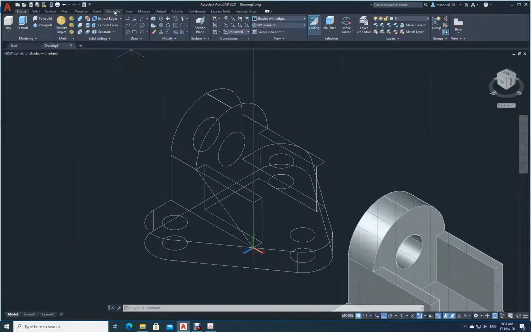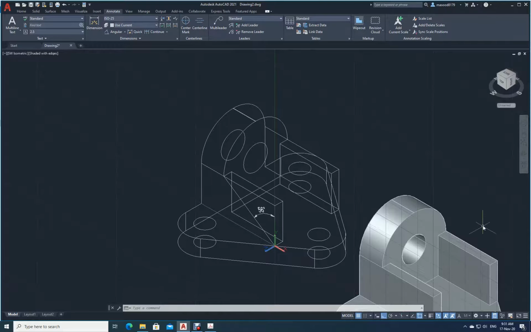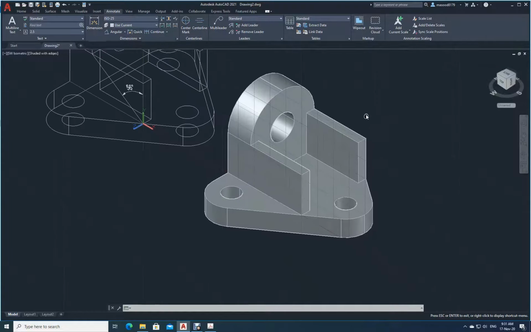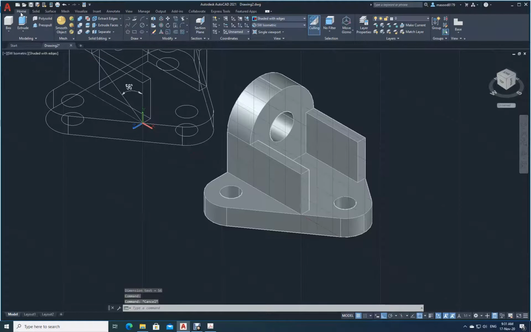Go to annotation, go to annotate. Now here linear is there. Just open this linear. If you open the linear, you can see you have angular. Just select this one, angular. Come here, this line and this line. See what is the angle here? The angle is 56. Do you see this? This angle is 56. So now what I will do now, I will just move this one out here. Escape. Now what I will do, I will just go home.